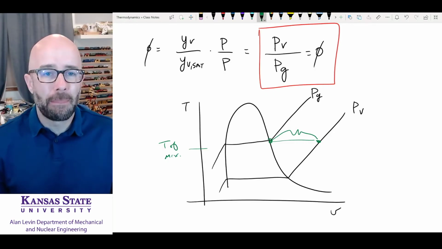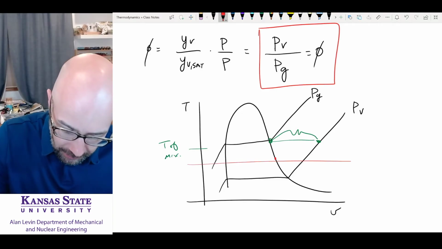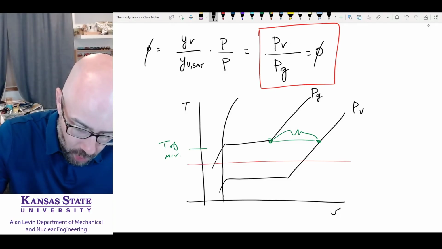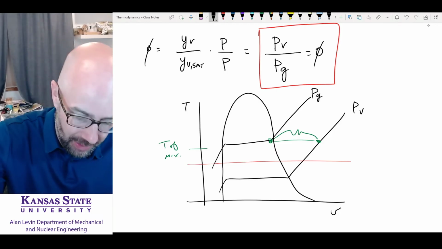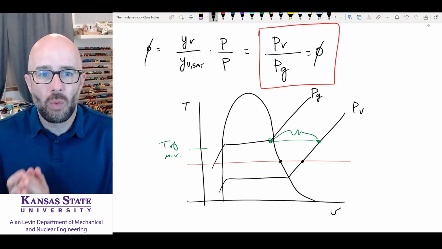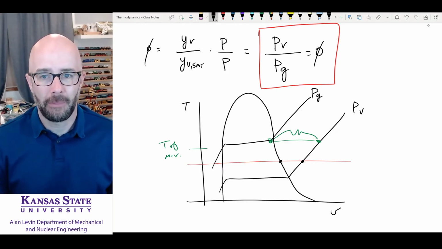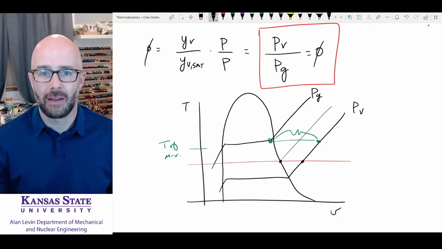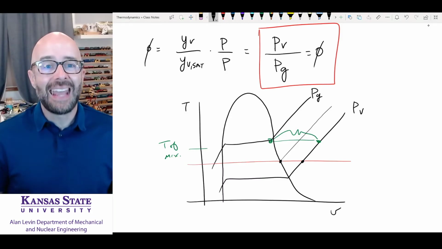Now, why would it go up? It would go up because as the temperature of the mixture goes down, as the temperature goes down to this red line, look what's happening. The partial pressure of the water vapor is going to be nearer to the saturation pressure. Okay? Now the saturation pressure has dropped to this line. They're getting closer together, and so that ratio is going to give us a number closer to 1